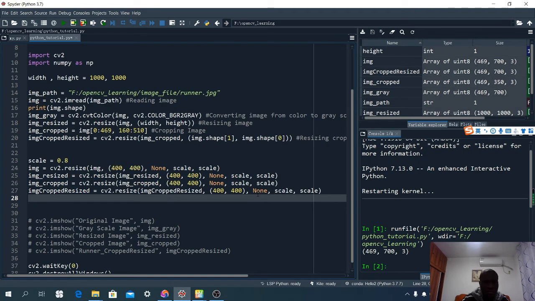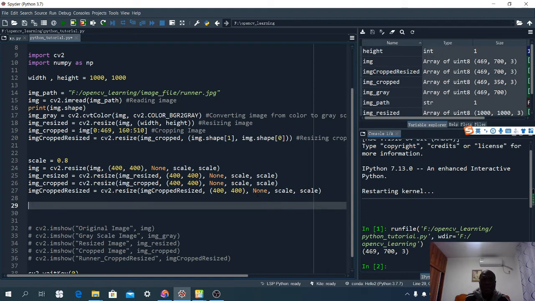Okay, so the next code I'm going to write here is to, first of all, stack 2 images horizontally. Then I'm going to stack another one horizontally. Then bring the 2 horizontal images and stack them together vertically. So let's write the code. I'm going to say horizontal image 1, let me call it 1, is going to be